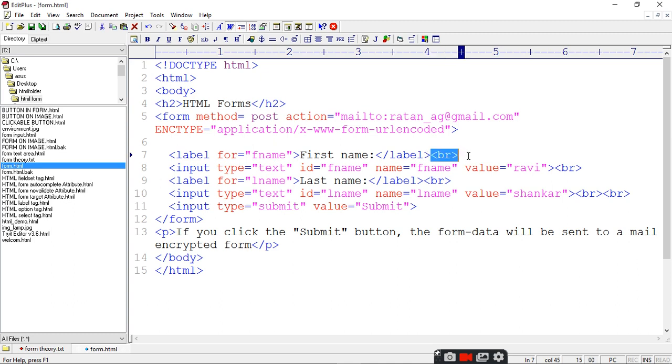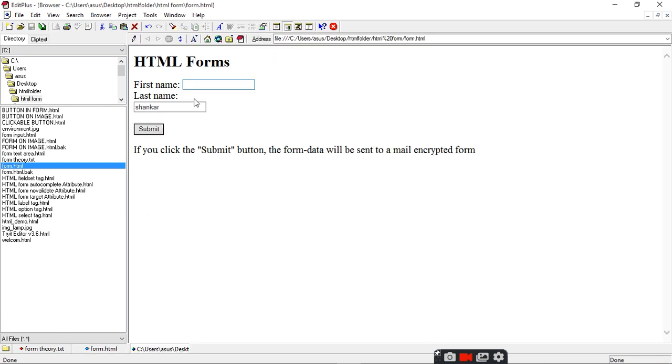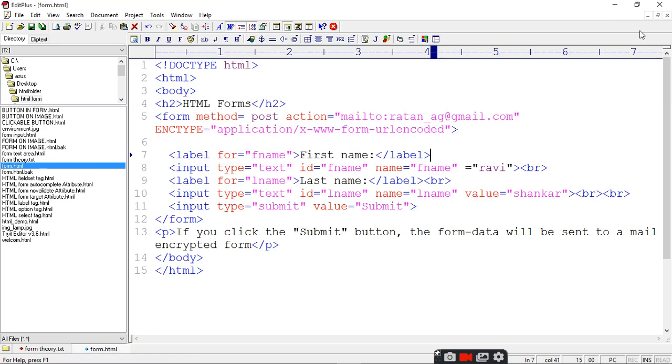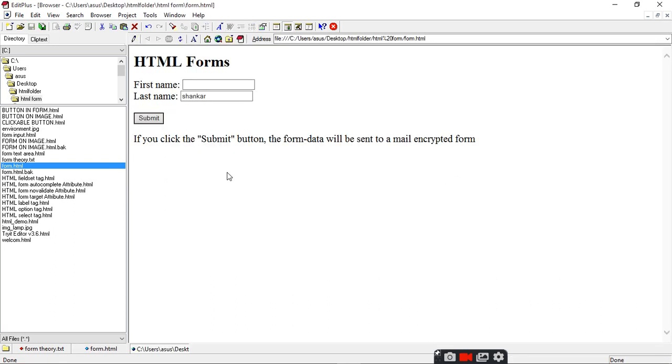Let me remove it, delete, control B. Now this will come in front of first name if you don't put the br. Same way you can remove br from this place also and press Ctrl B. So you will get the first name and last name, and submit.